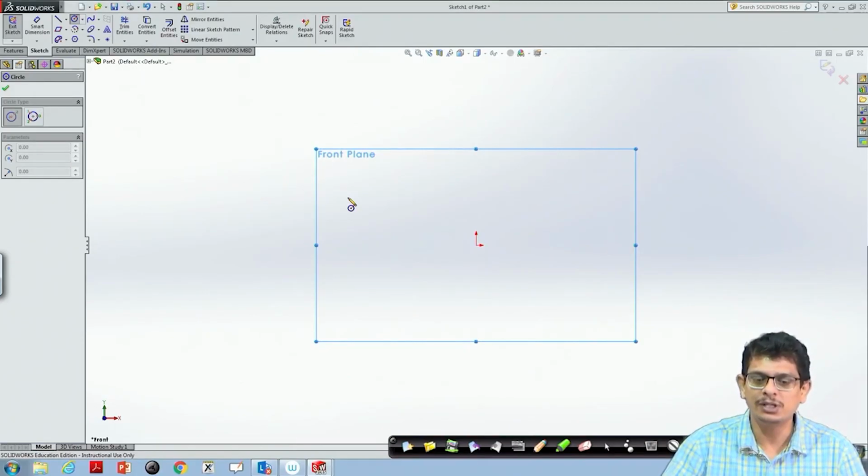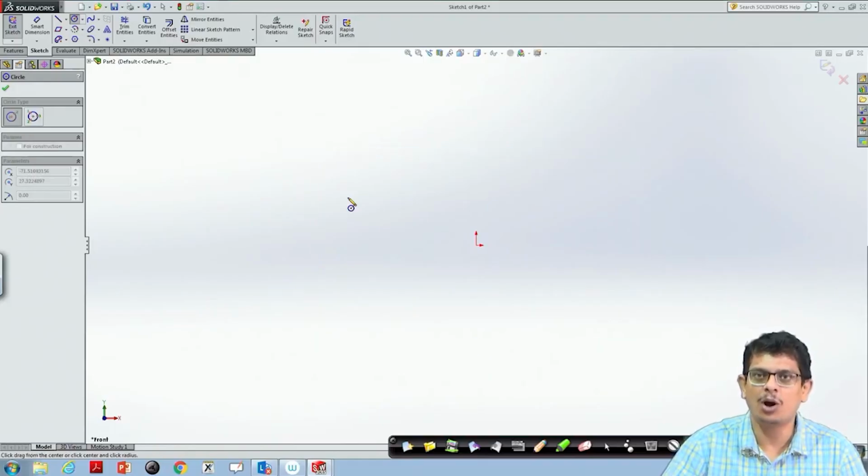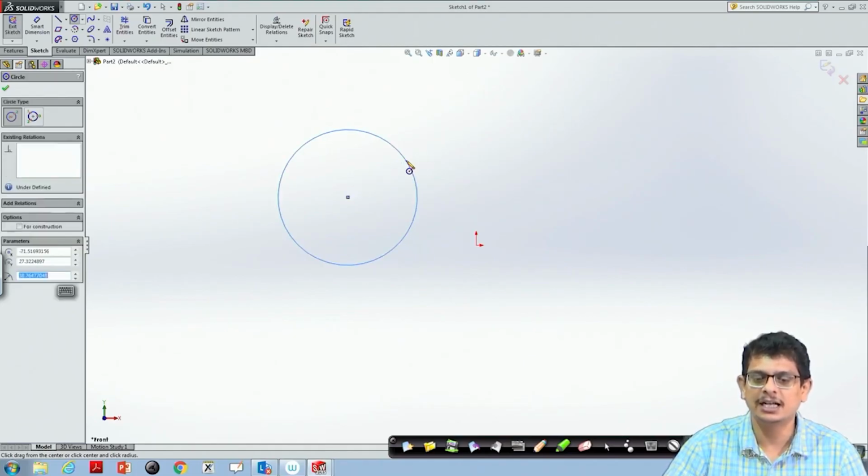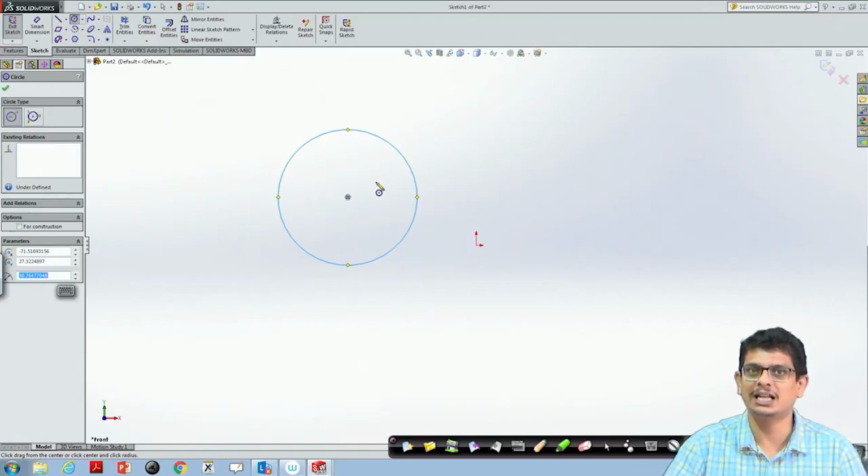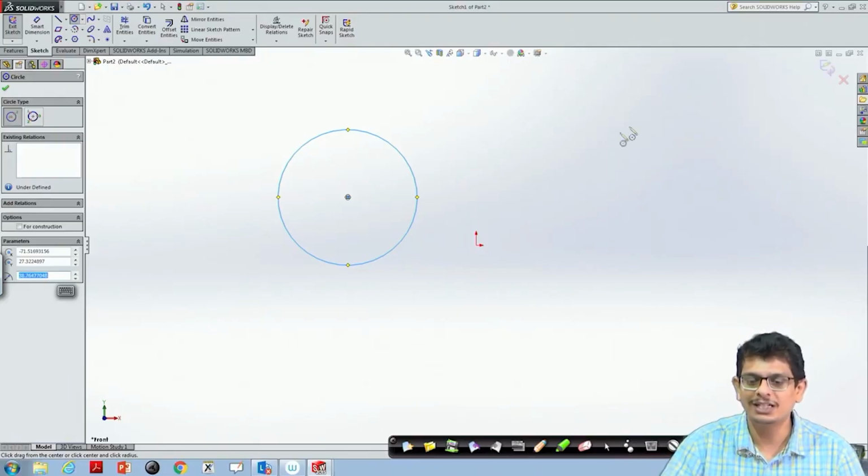Now, what I have to do? Give a left click on one of the points. So, center has been picked. Now, move your circle to some other location. That means, we are specifying radius. Click that. Now, we are done with the circle, but still your mouse, if you are moving, is still in